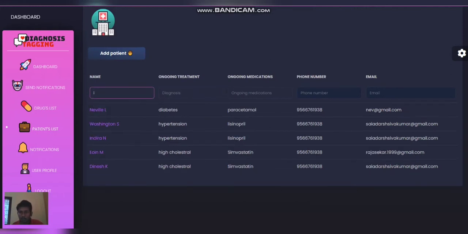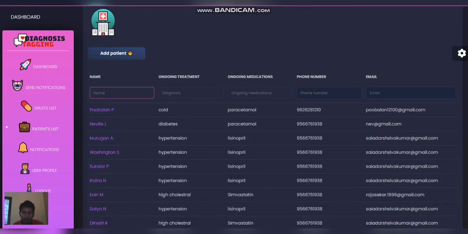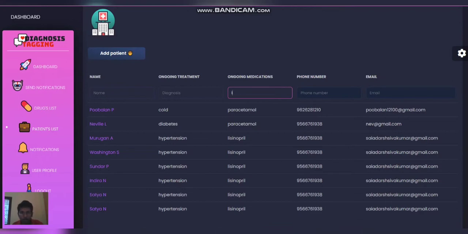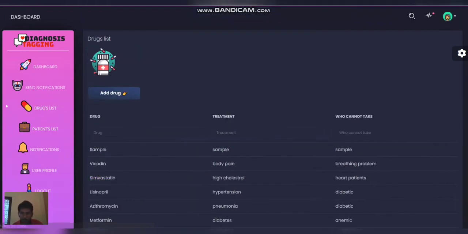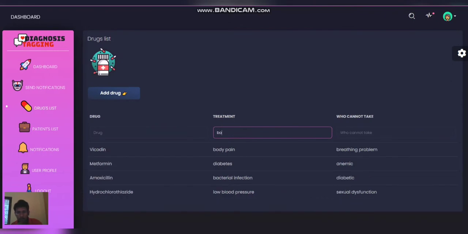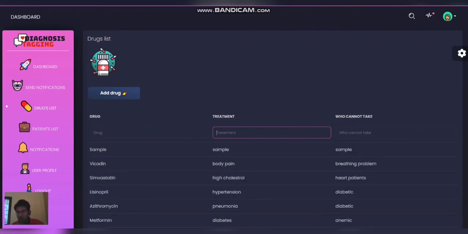As you can see, we are searching for somebody whose name starts with L, or a medicine that starts with, let's say, L. If I want lisinopril, I just have to type LIS. This feature is also available in the drug list.